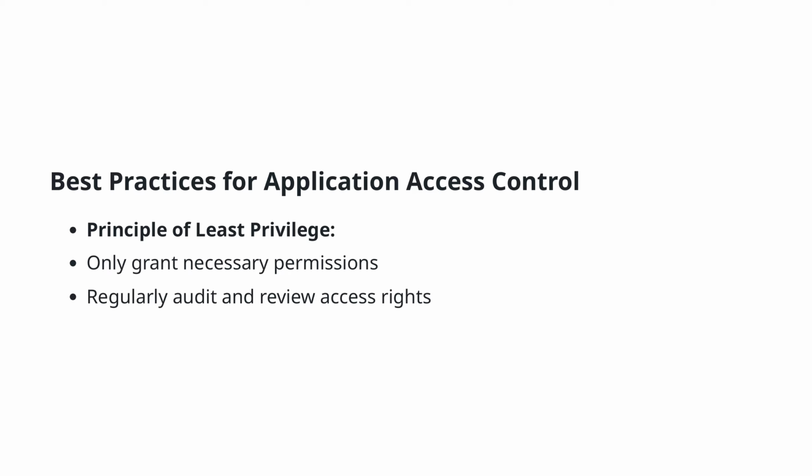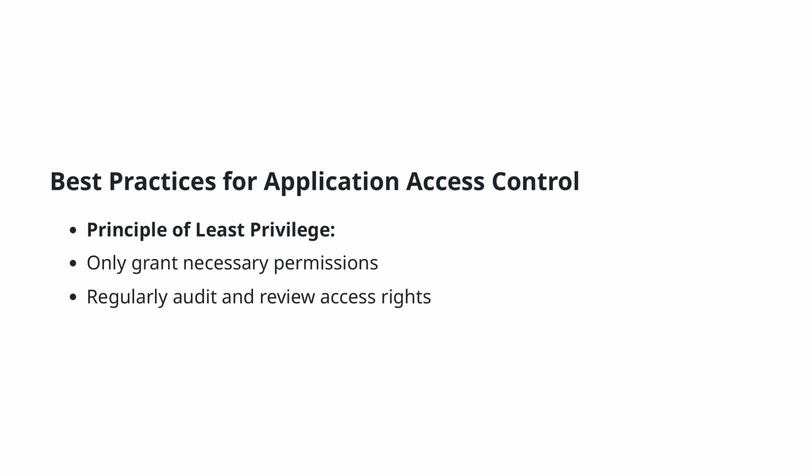This means periodically checking and verifying that users have the appropriate level of access. Regular audits help you identify and rectify any discrepancies or over-permissioning, ensuring that your access control aligns with current policies and needs. Implementing these best practices creates a robust framework for managing application access, fortifying your systems against unauthorized access